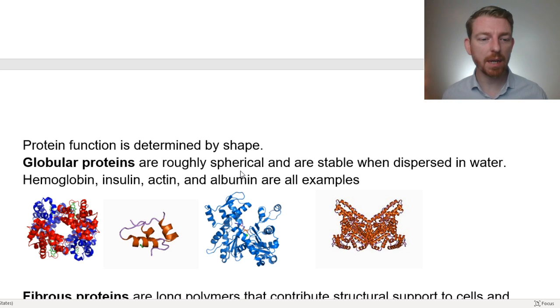Where else do we see these types of proteins? So again, hemoglobin is a good example. Insulin, it's something that you want to be able to move quite easily in the aqueous solution that is your blood. Actin, so this is a part of the protein that's going to help your muscles move. And albumin are actually a pretty common protein, but they're the ones that give egg whites their texture when they're cooked. And actually when they're uncooked as well, but it's this